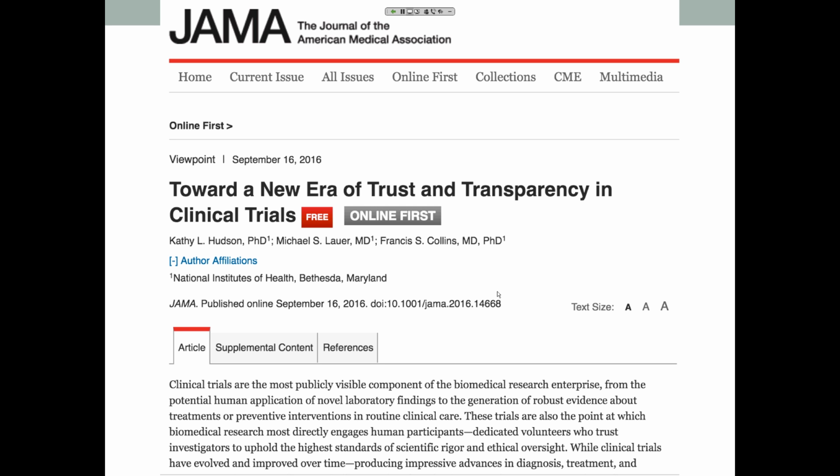This is in particular significant because, I'm sure you've all seen this paper published in September last year in JAMA by NIH.